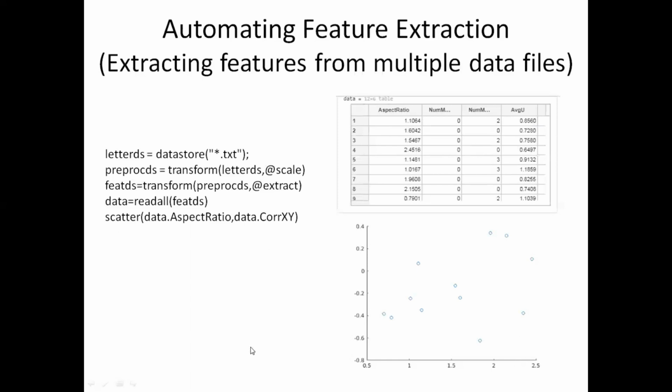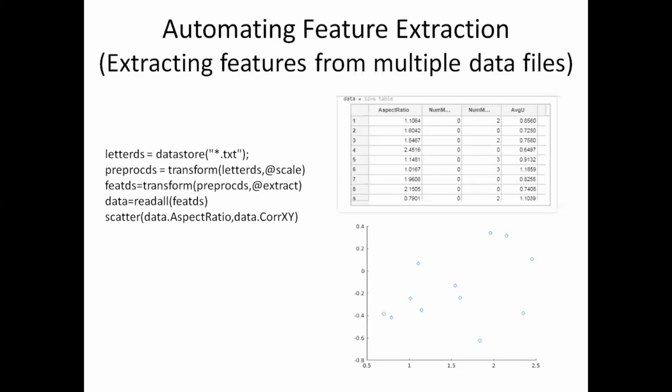Okay, just to see the plot between aspect ratio and correlation. The x-axis is the aspect ratio, the y-axis is the correlation, to just see how the data is distributed in this particular space. Now, what we have done till now is we have got the input variables, these features that we have extracted from the raw data.